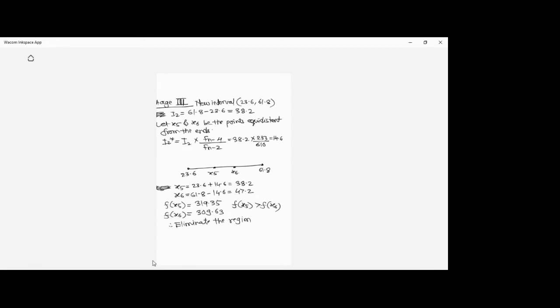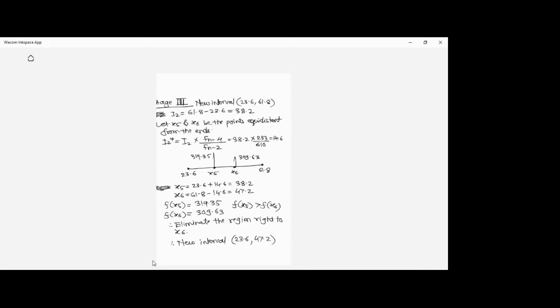Which region is to be eliminated? fx5 is greater and fx6 is on the smaller side, 309.35, and it is 309.63. So which region is to be eliminated? The region right of x6. Therefore we will be getting a new interval. Right of x6 is totally eliminated, so the new interval will be 23.6, and x6 is your